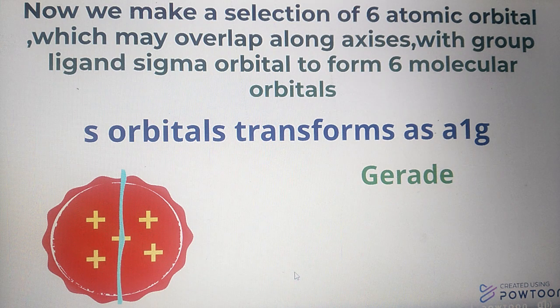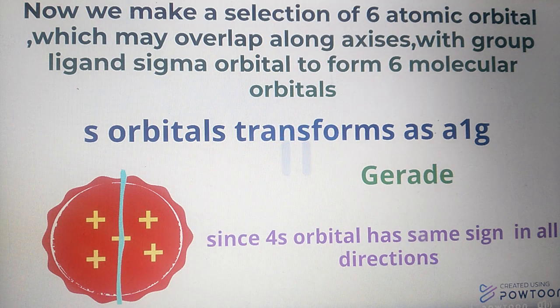So this is gerade. Gerade means if we divide a body into two equal parts, one part will be similar to the second part. Since the metal s orbital has the same sign in all directions,